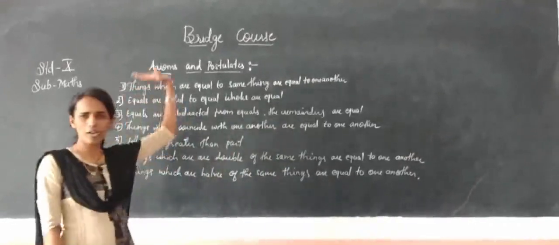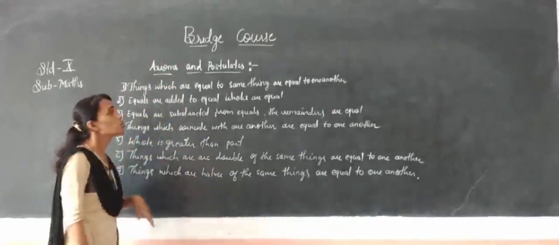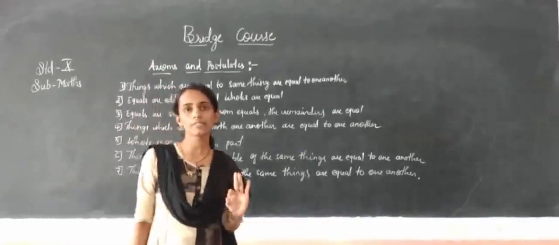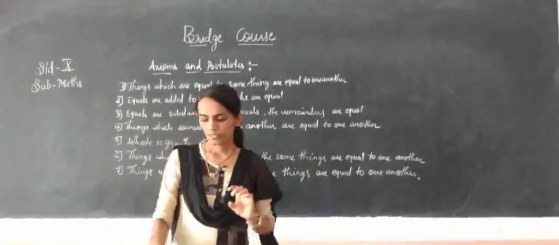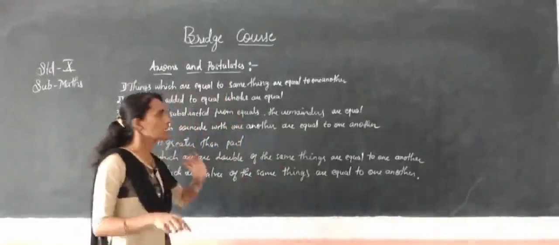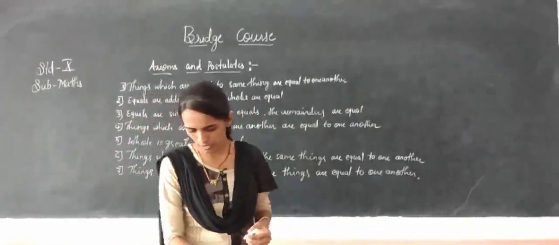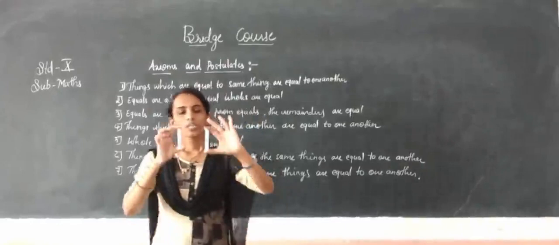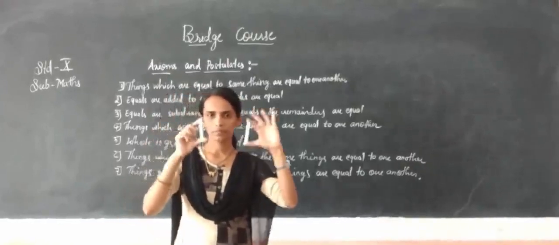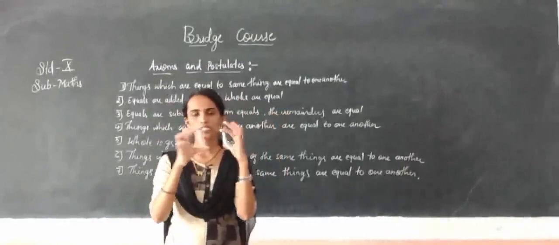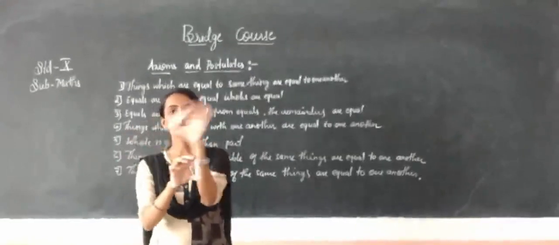You have already studied this in the 8th and 9th standard, but once again we will revise it. Things which are equal to the same thing are equal to one another. I don't have an example here, but if one chalk is equal to another chalk, and this chalk is equal to another chalk, then that too holds. For example,